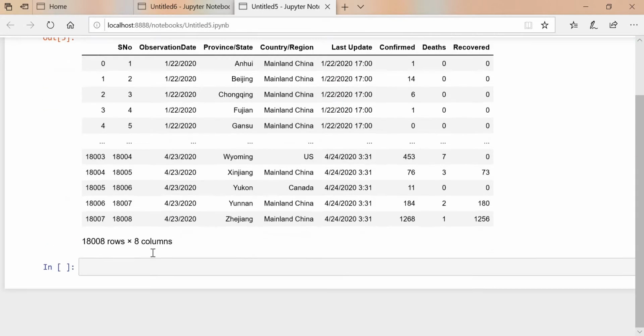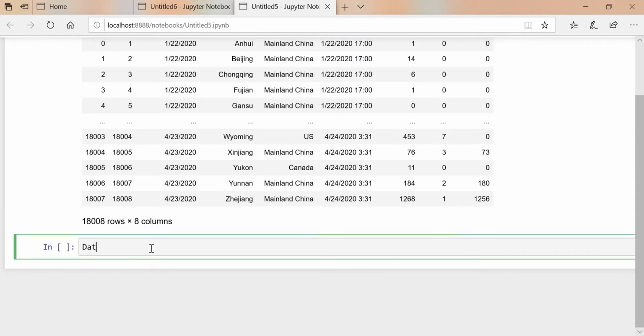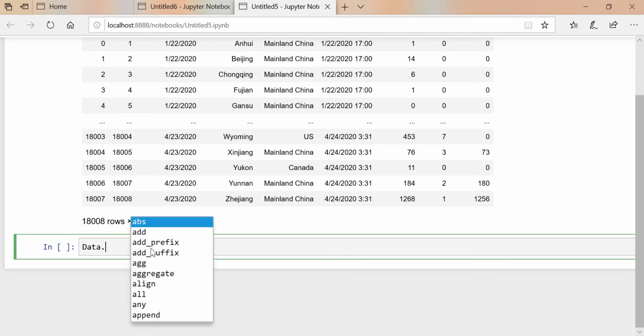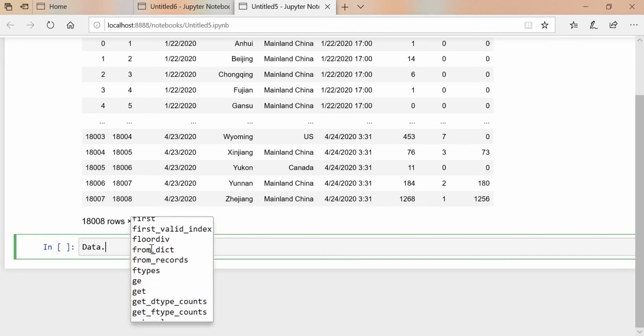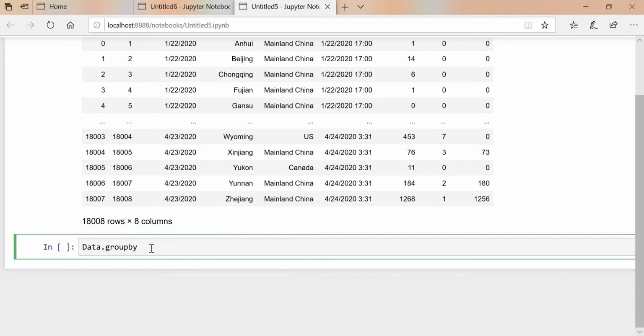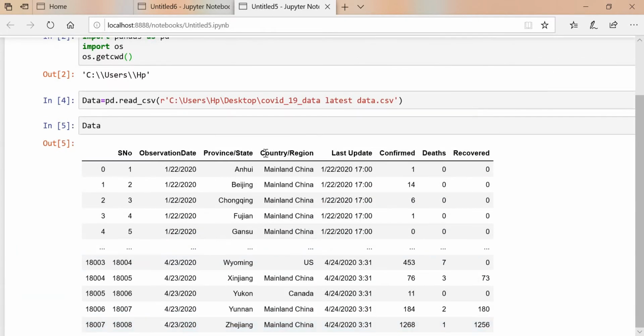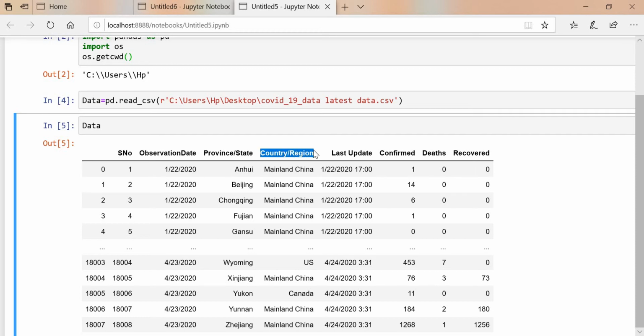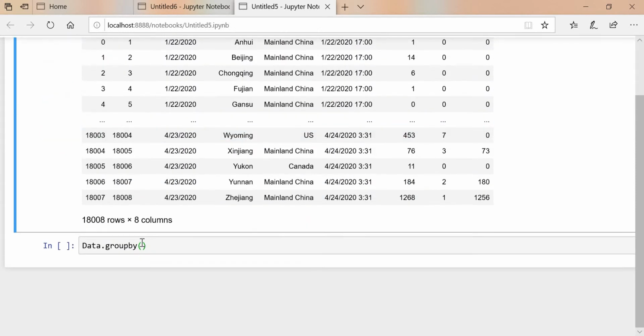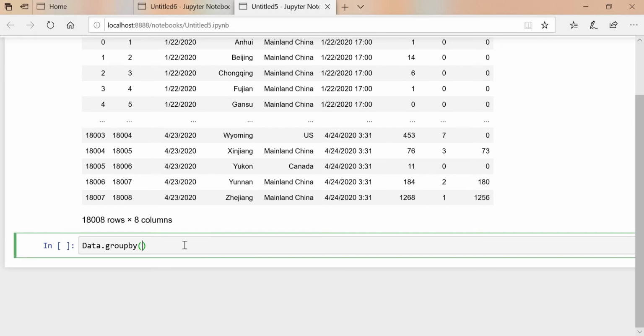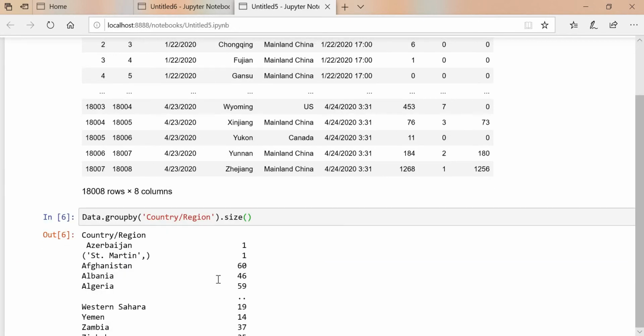Group by. So data dot, these are the functions. We'll check with group by. We have to mention which column we have to group by. Let's say we group by country and region, so we will pass those inside this one. Then dot size. So we have grouped by this.